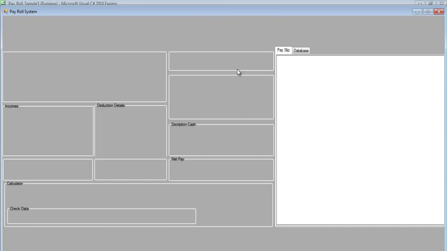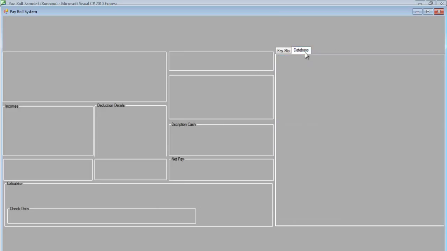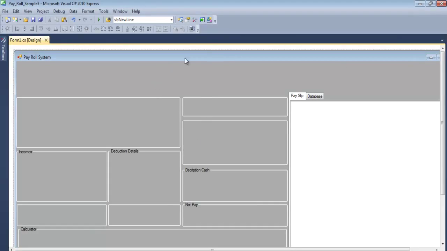If I run it, all you see is just a shell. So I have a group box. I've designed my group boxes the way I want them, and I also have a tab right here. Okay, I'll close that. Let's continue with the development. The next thing I would do now is to